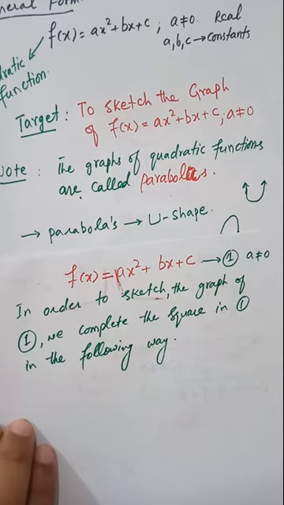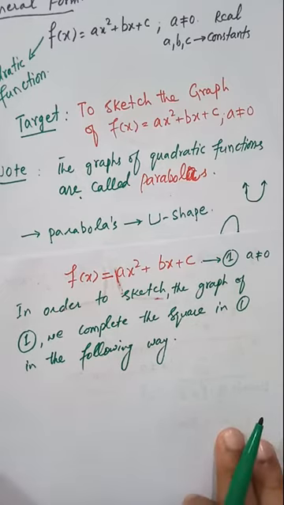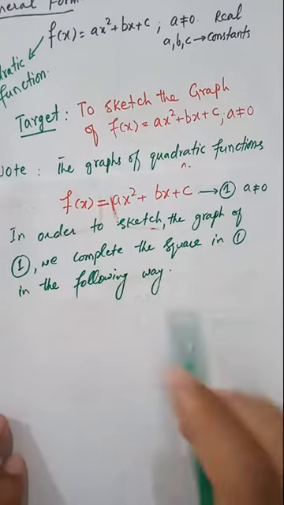So you just need to plug in the values from the domain and then you will get the values in the range, make ordered pairs and plot the ordered pairs in the plane and pass a U shape curve through those points. But how can you decide that the branches of the parabola will be upward, and how can you decide that the branches of the parabola will be downward? For that we will discuss this.